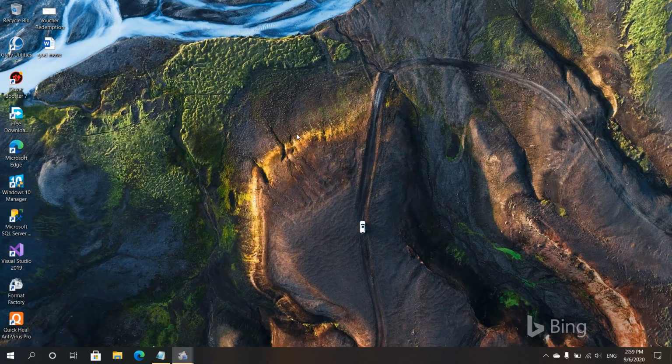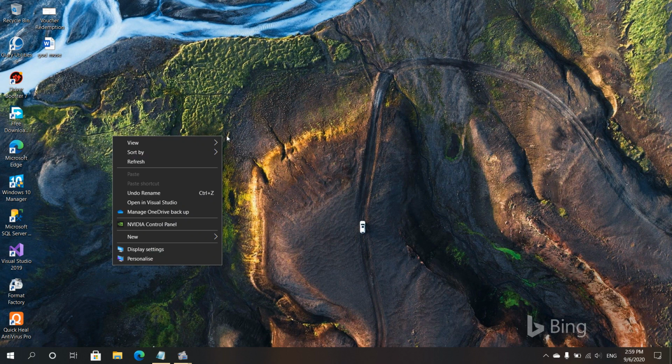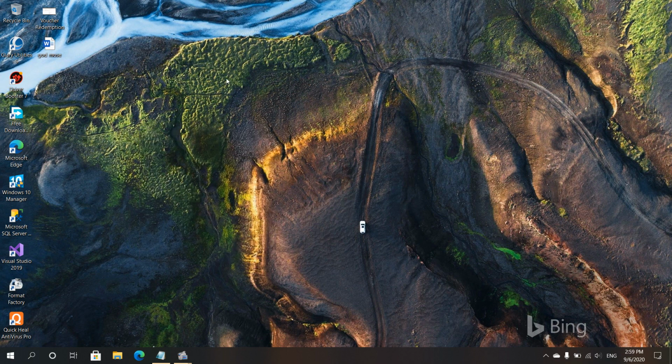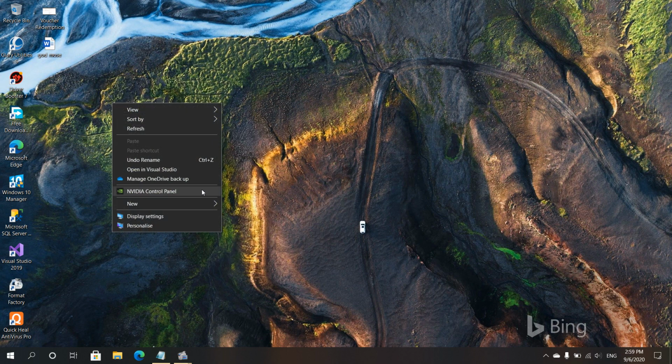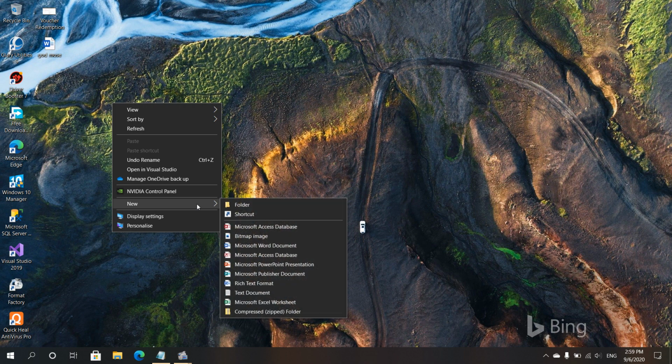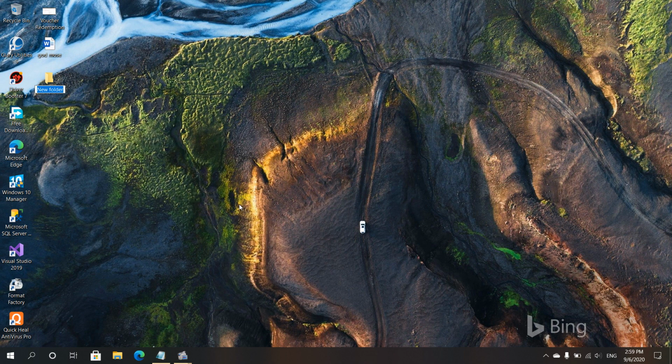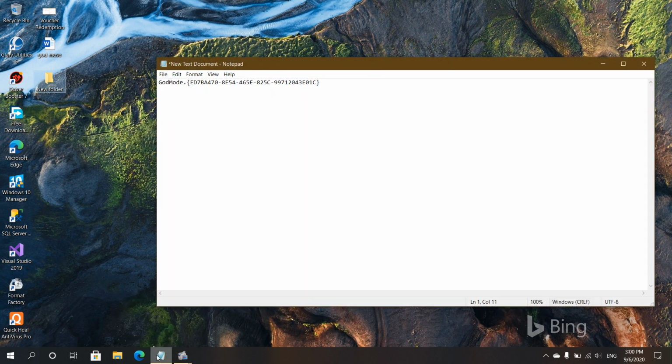So let's begin the step-by-step process of how to create this Windows God mode. First of all, anywhere on the desktop, right click, select New, select Folder. I have already copied the hexadecimal string which is required to create a God mode folder. So this is the hexadecimal string.